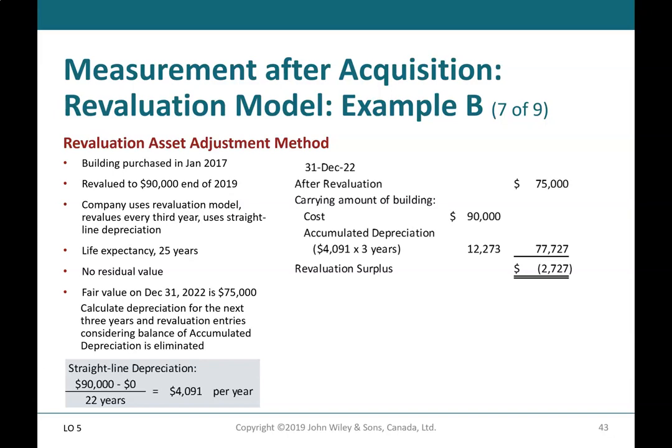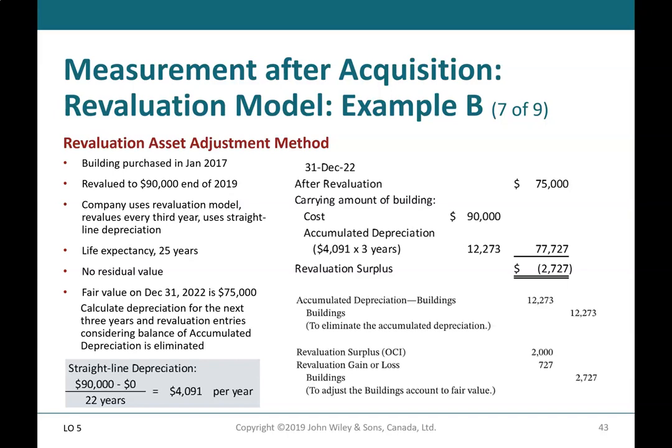So December 31st, 2022, after revaluation, you have 75,000 carrying amount of building, cost 90,000, accumulated depreciation of 4,091 times 3 years, which is 12,273, and revaluation surplus of minus 2,727. So what you would do is debit accumulated depreciation for 12,273 and credit buildings for 12,273 to eliminate